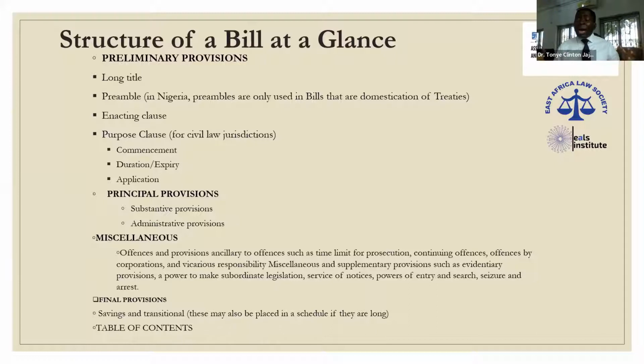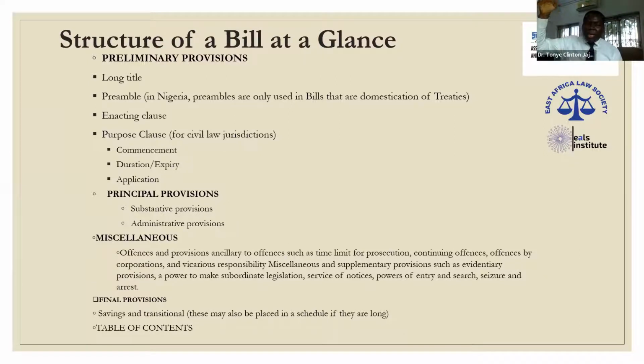Miscellaneous provisions are things that may be necessary to include. Now, when I was teaching this class in my LLM class, we said the example we can use is a lady's handbag. Every lady carries a handbag.